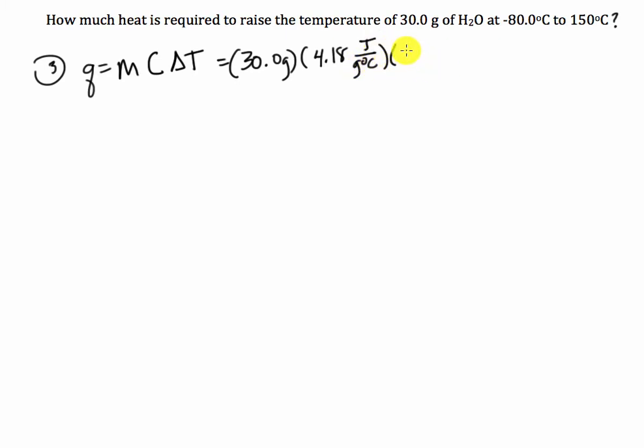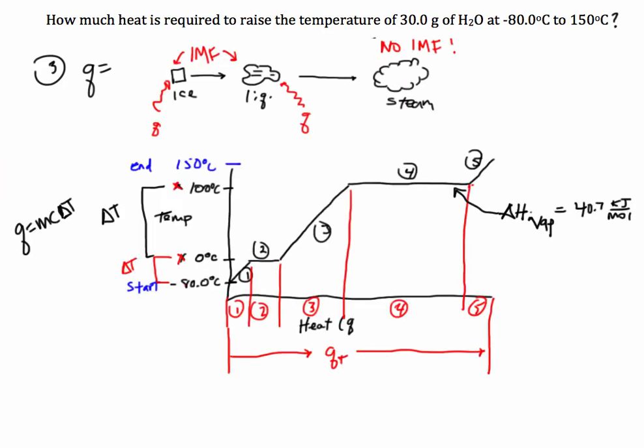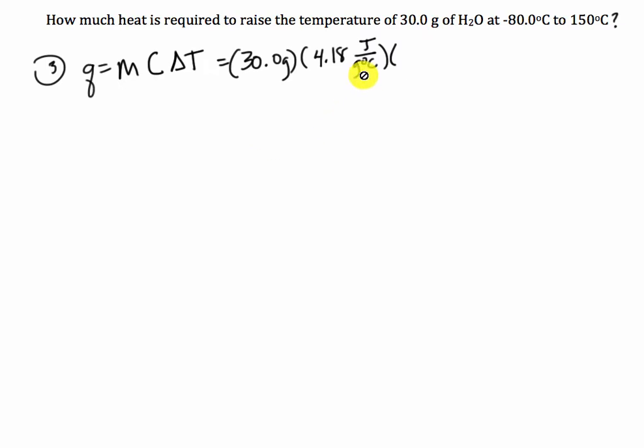My change in temperature is from 0 to 100. So my final temperature is 100, my initial temperature is 0, and final minus initial gives 100. Plug all that information in, and I can solve for my transfer of heat, which is